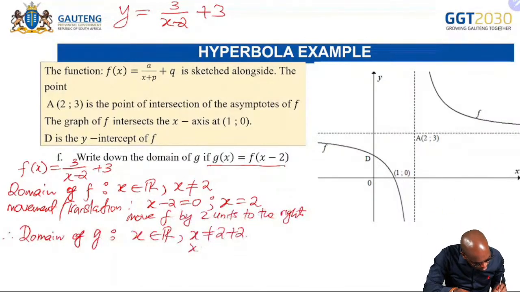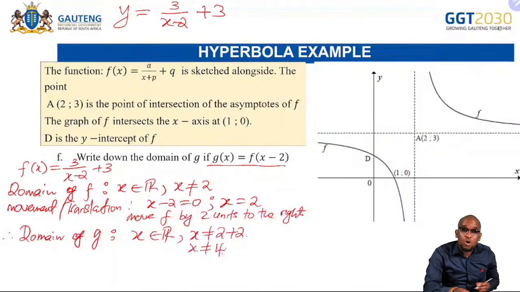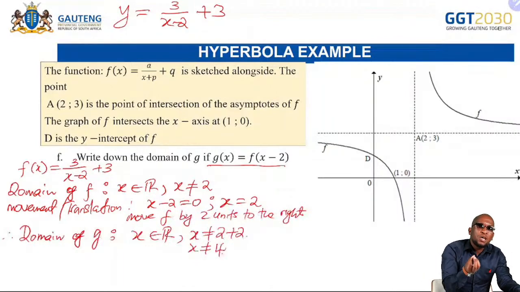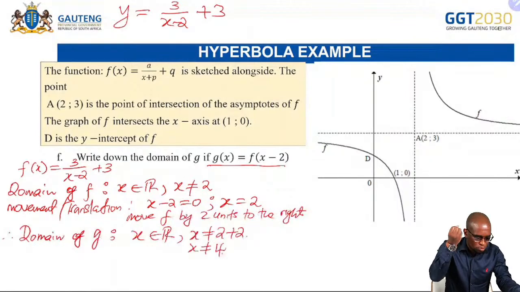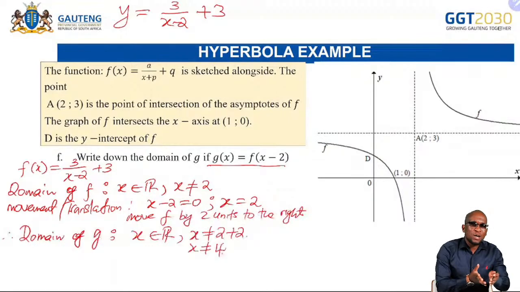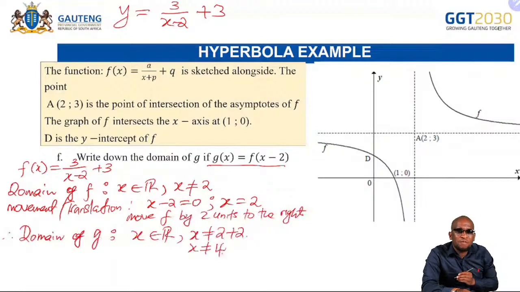So x cannot be equal to what? 4. So that would be the domain of G, because G is the graph of f that is moved by 2 units to the right. So what I did was I found the domain of the original function and then I transformed the domain. Alternatively,